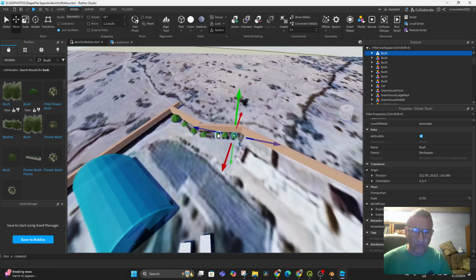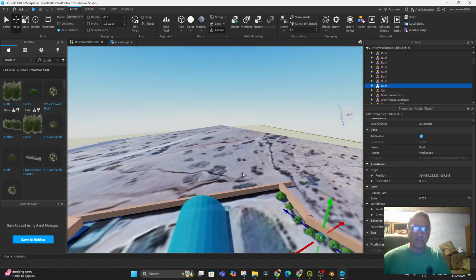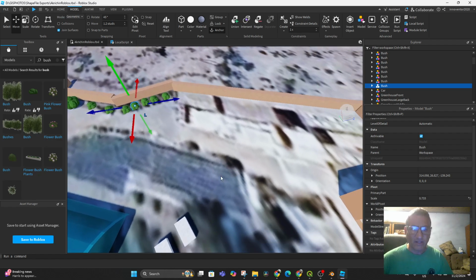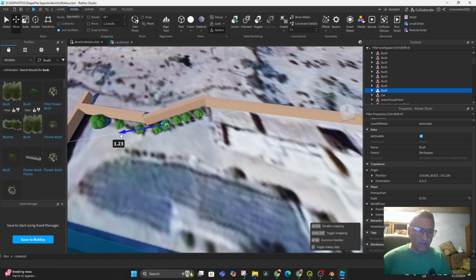I guess there was room for another one over here. You're seeing their shadows. So that's nice to have a little bit of vegetation there, and it looks like there's some other bushes here. So if we want to move this here and then scale it down,